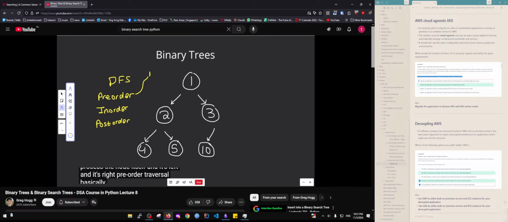Pre-order traversal basically means that you first consider the node you're currently looking at. So if you're looking at this guy here, it means you process it, which just think about printing. So basically you'd print the value of 1. So we process